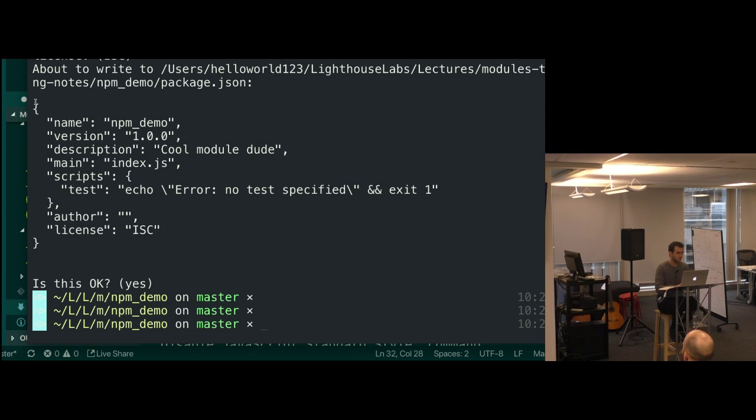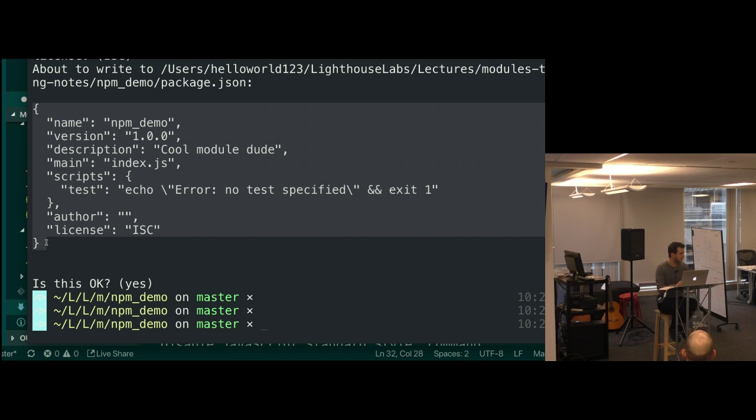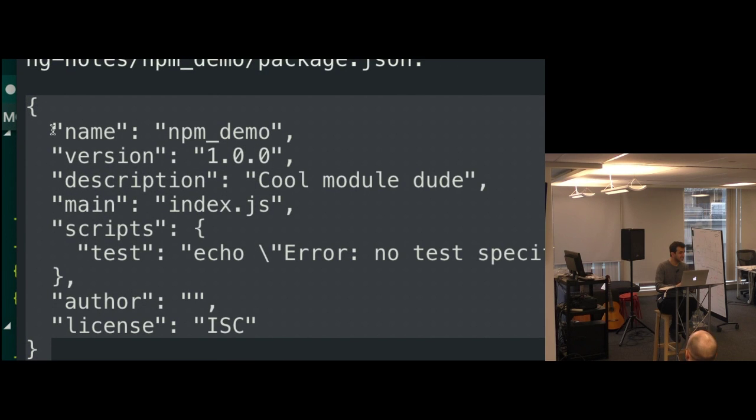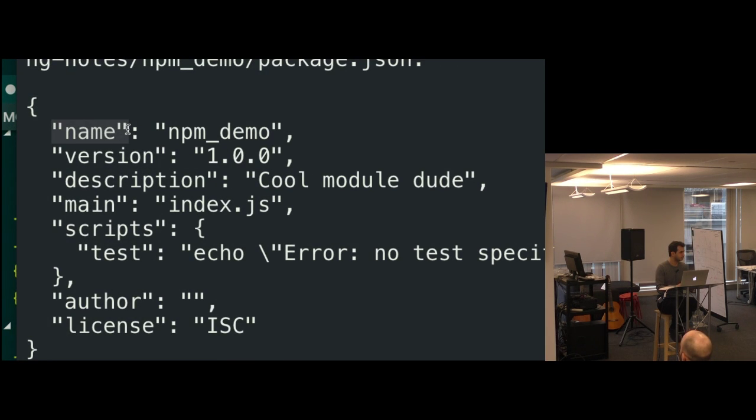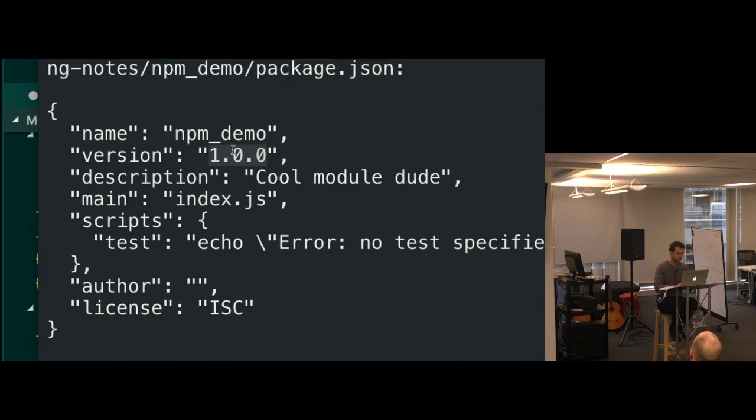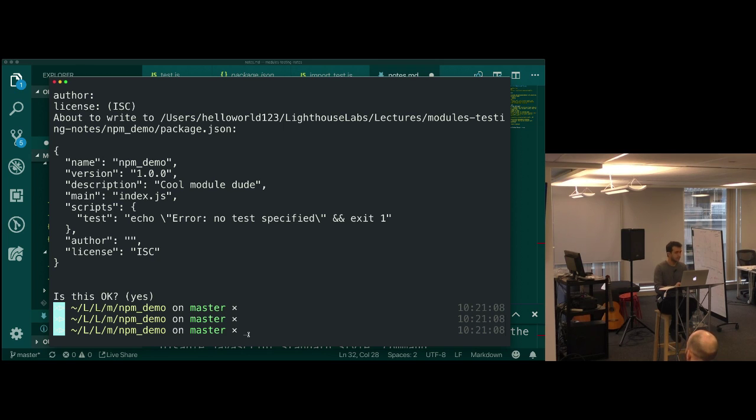And what it does at the end is it prints out an object, and this is a JSON object. Are you familiar with JSON at this point? Not yet? JSON is a JavaScript object, except the keys are written with quotes around them. It's one way for serializing a bunch of data into a file. And you're going to get familiar with it over the course of the boot camp. I'm not going to spend too much time talking about it right now. Think of it as a configuration file. So here, there's a configuration saying name, npm-demo, version 1.0.0. And this has been saved in this folder.